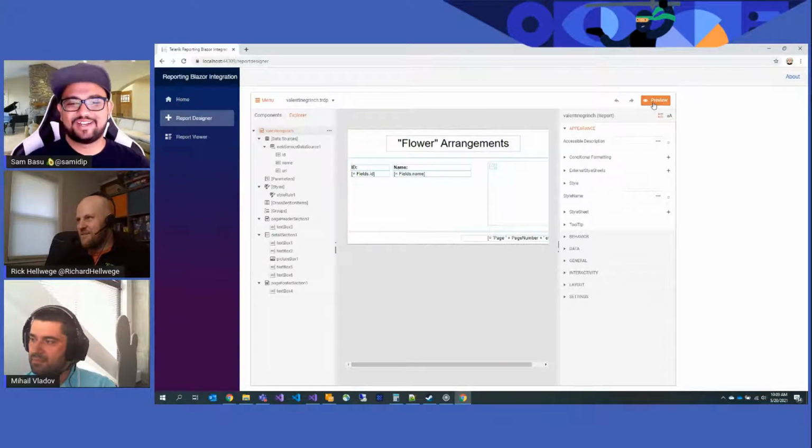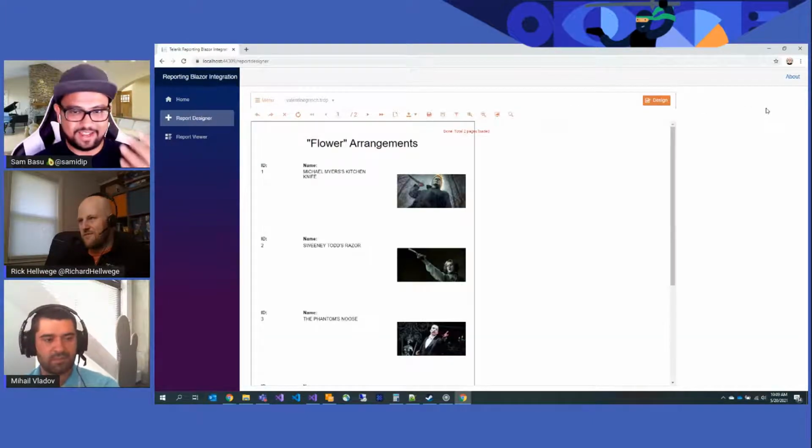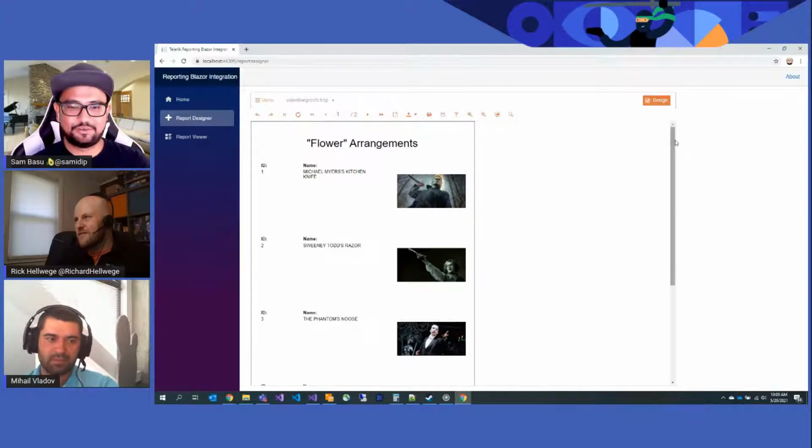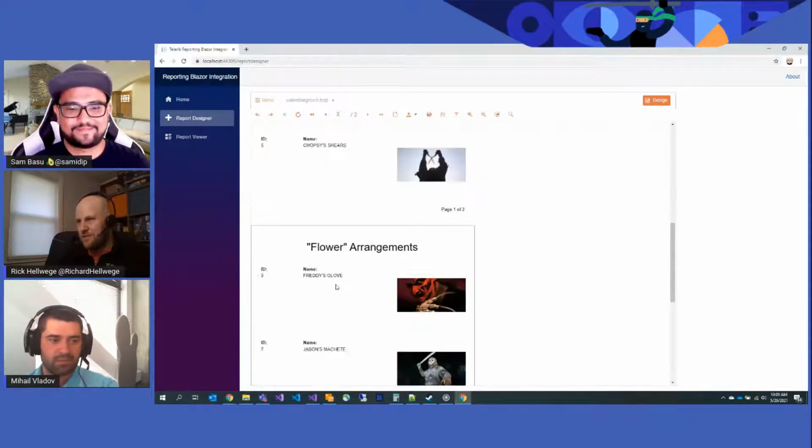Exactly what you did. And the beauty of this is, like you are doing, this is a Blazor app, but it's looking at that folder. So you can throw in whatever reports in there, and it will pick it up, let you design, and let you render. This is beautiful. So here's that exact same report rendered in the web-based report designer.